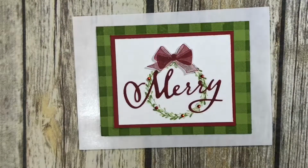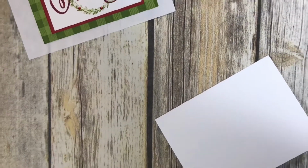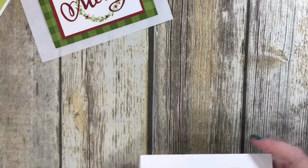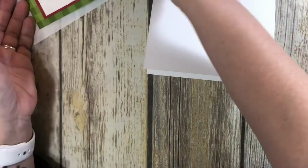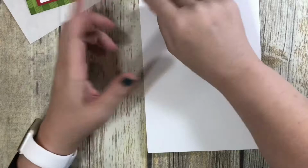Okay, and I had said earlier that I was not going to put anything in the middle of my card, but I think I'm going to. So let's zoom out a little bit so you can see what's going on. And here's my next suggestion for you. Whenever you're doing the inside of a card, you're going to do your sentiment. Do it before you glue this on, because if for some reason you screw this up and you've already got that stuck on there,